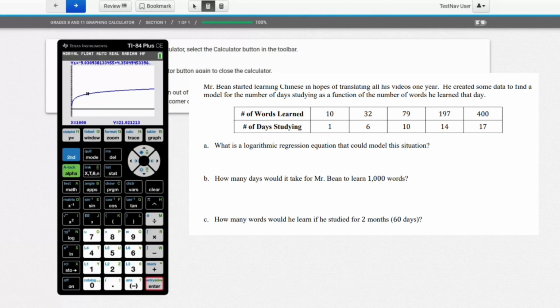Now I'm going to go back and write that out. But before I start C, I notice a problem. C wants me to find out how long it's going to take to get 60 days. 60 days is way up here. So rather than trying to fix my window to a huge number, I'm actually going to go back and solve it. Okay, and then we'll use our calculator if I even need to use my calculator. In fact, I might be done with my calculator from here on out. But anyway, B